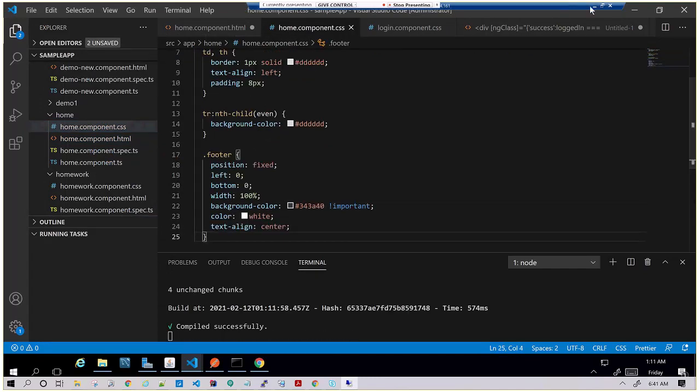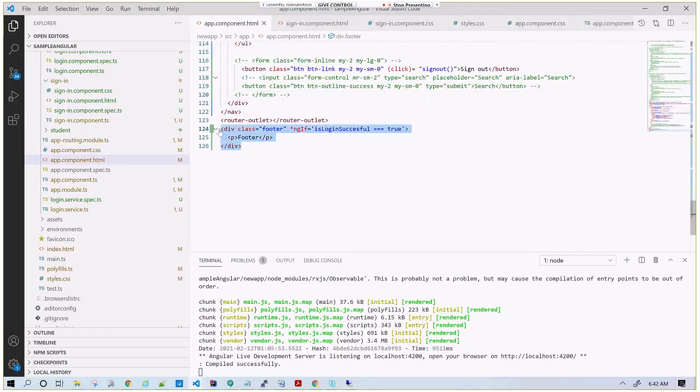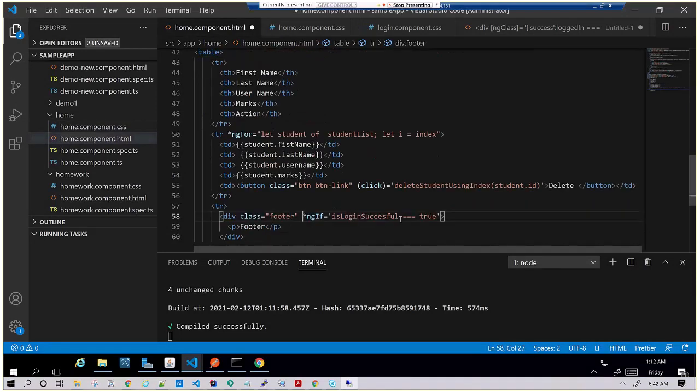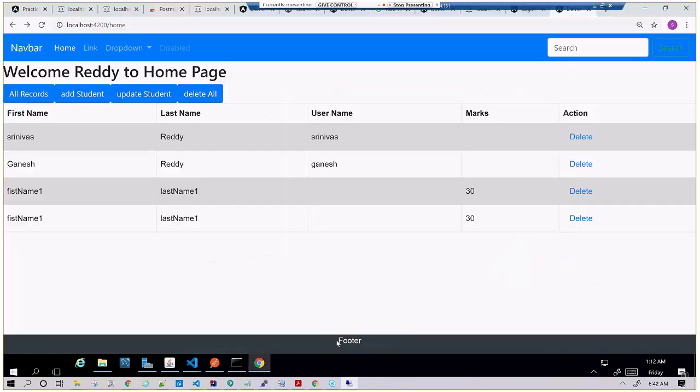Similarly, the div which I have created here, the same div with the class, I am adding in my HTML, and I'll remove this piece of code here. So now, if we come here and see, the footer is here, and the header.